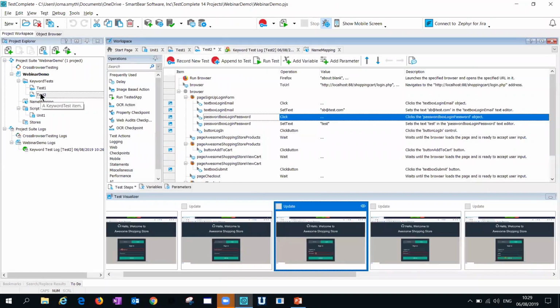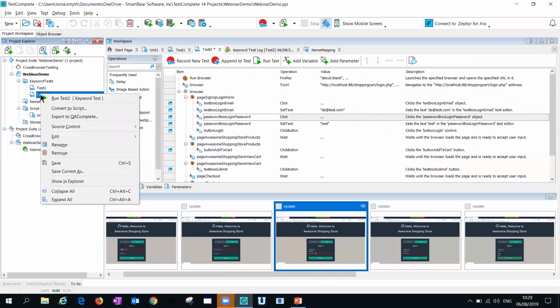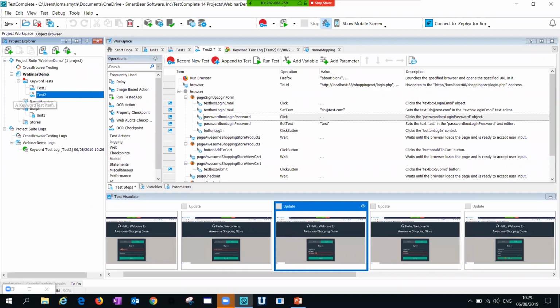Now let's jump back into my keyword test. So I've shown you how to record and replay. I also mentioned the ability to convert a keyword test into script. So let's right click on my keyword, and before I do that, I'll give you a quick tour to the left. Here you have your folder of your keyword tests. You then have your name mapping repository, and then you have your scripts. So these are either scripts that you've recorded using this tool, scripts that you've converted from keyword tests, or you can also import other scripts. So like unit tests you may have done, maybe you've done some Selenium tests, you can import them here and add them into your tests in TestComplete.